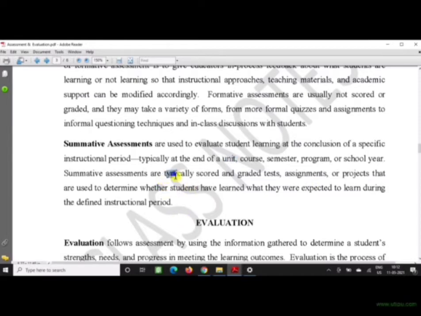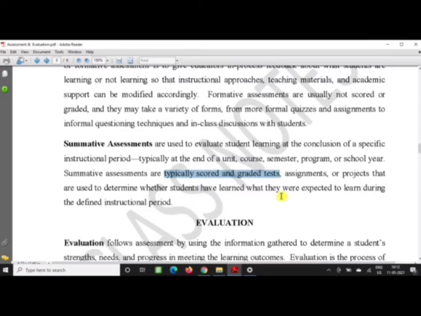These are typically scored and graded tests. So scoring is given to students, and students are also graded, like first, second, third. That way gradings are given. Assignments or projects are used to determine whether students have learned what they were expected to learn during the defined instructional period.